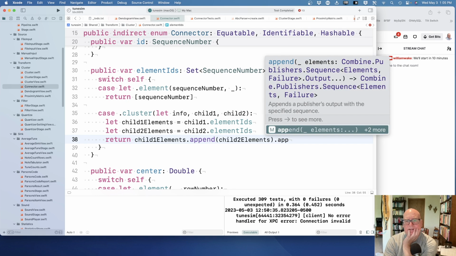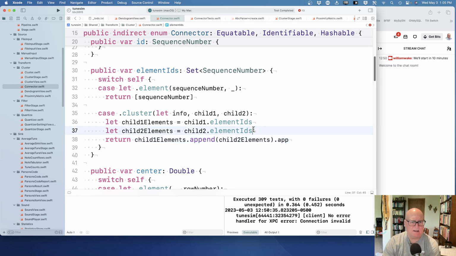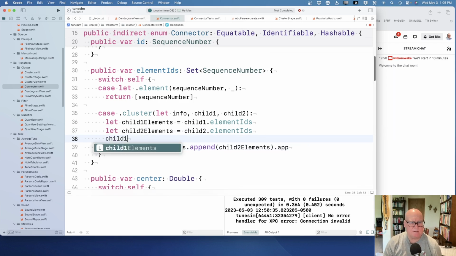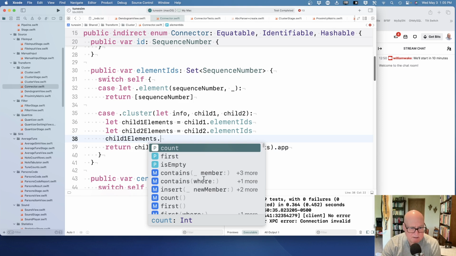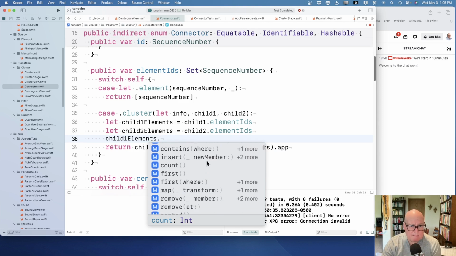That seems not the right thing. If it's a set, child1 elements dot, well, insert